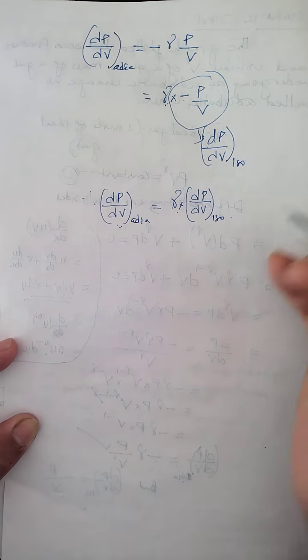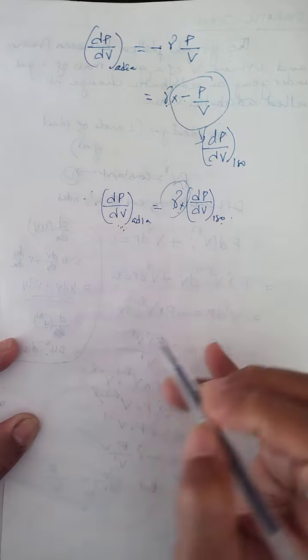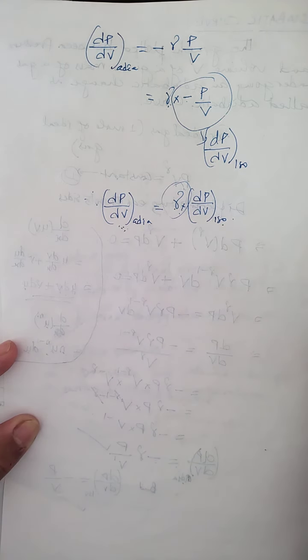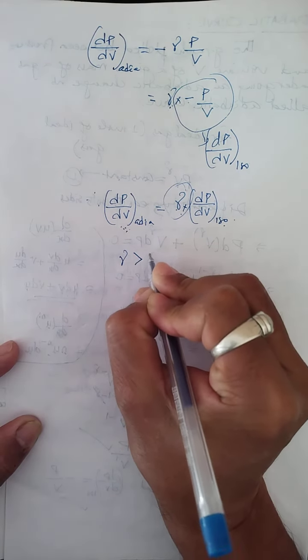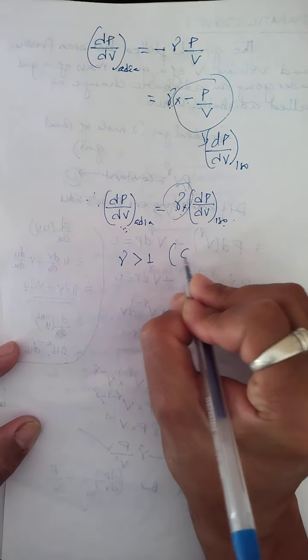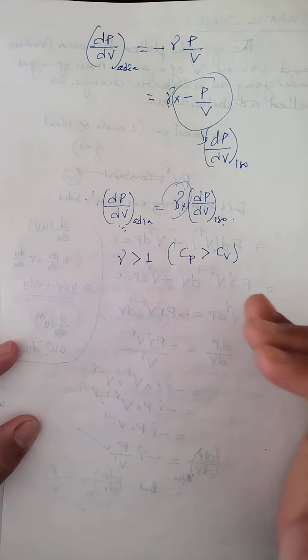But to know by what amount the slope of the adiabatic process is greater than the isothermal process, that is determined by the value of gamma. And the gamma value is not the same for different types of ideal gas, because a gas can be monoatomic, diatomic, or triatomic. The value of gamma you learn in one of the videos, but just to tell you, the value of gamma is always greater than 1. The reason is that Cp should always be greater than Cv, and why that is so, you also learn.